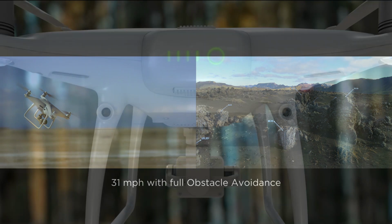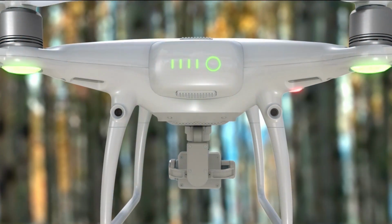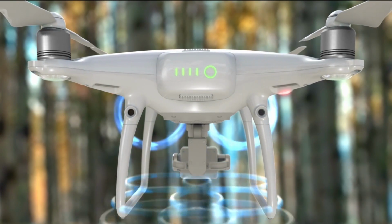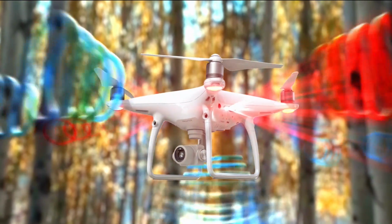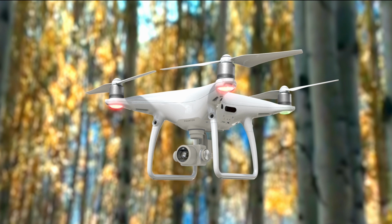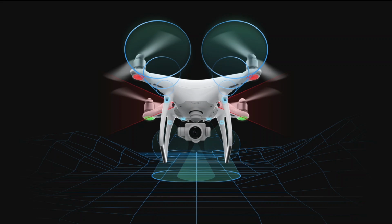We've also added rear vision sensors in addition to the forward and downward-facing vision sensors, and for the first time, incorporated infrared on both sides of the Phantom 4 Pro with a range of up to 21 feet or 7 meters so that you have 5 directions of sensing. The combination of the vision sensors, infrared, compass, and SLAM image processing gives the Phantom 4 Pro a 3D map of its environment so it can accurately pinpoint itself in locations even without GPS. This knowledge informs a lot of intelligent functions on board, but it also improves a lot of the safety functions